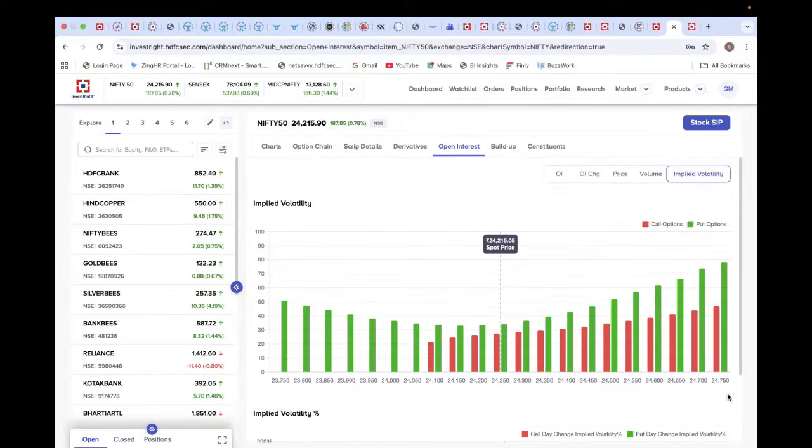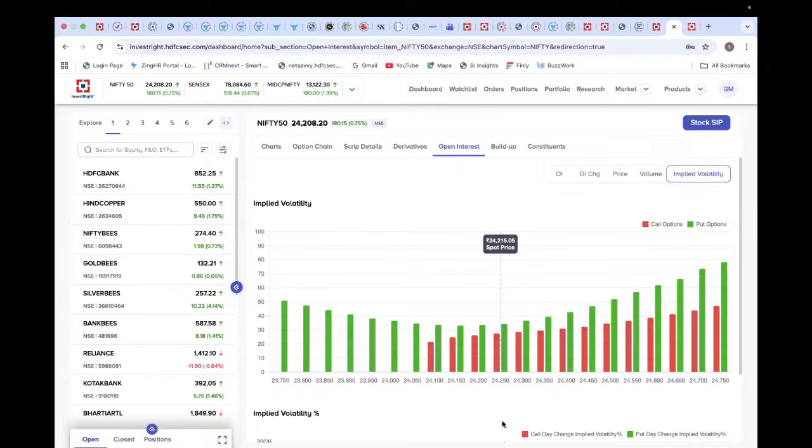Yeah, sure. So another important observation in the current volatility environment is that normally IV tends to remain in the range of 8 to 10% during stable market conditions. However, currently at-the-money IV is elevated around 14 to 15% on both call and put options, which is significantly higher than the normal range. This elevated IV suggests that the market has experienced higher uncertainty and volatility, which has pushed option premiums higher. However, the fact that IV is stable and not expanding further suggests that the market may gradually normalize while prices continue to move higher.